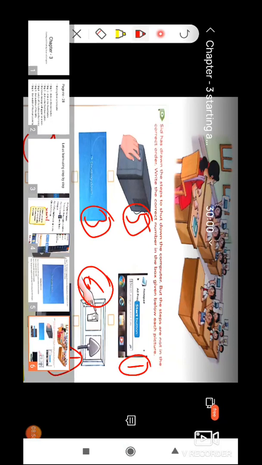At your home you may try, and in case you have any doubt you may text me personally so I can guide you for the same. But do try it at home. These are very basic and necessary steps you should know. Likewise, we shut down and on our mobile phones. Similarly, we can shut down our computer systems or the laptop or even the tablet. The same steps we can follow.